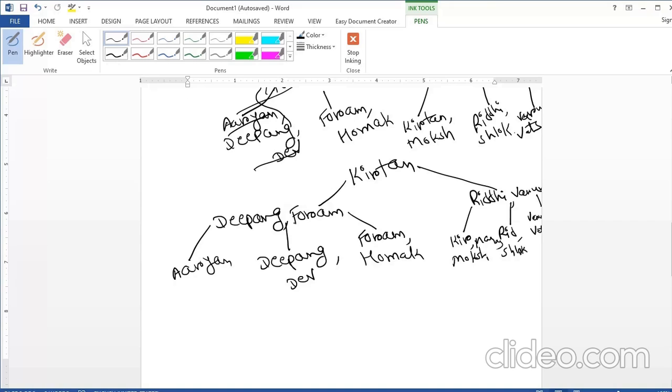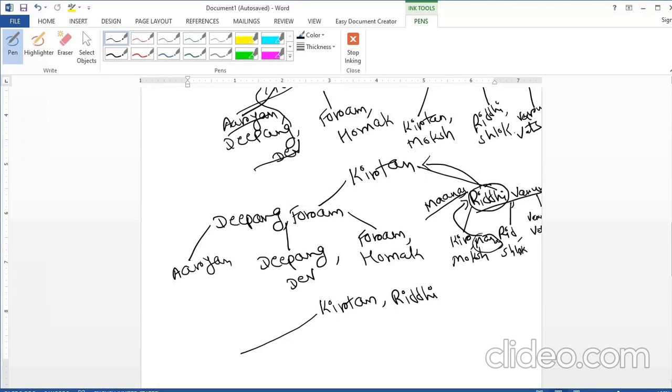But as you can see, there are three values, so the median value Manas will go one level up. So this value will be inserted here, but again there are three values, so we need to split the tree, and in this case the median value is Riddhi, so Riddhi will go one level up.